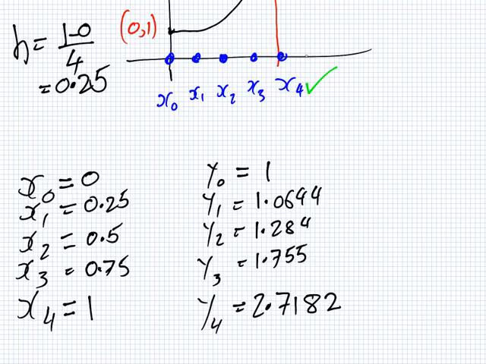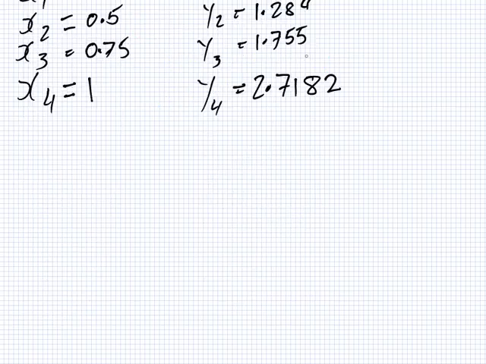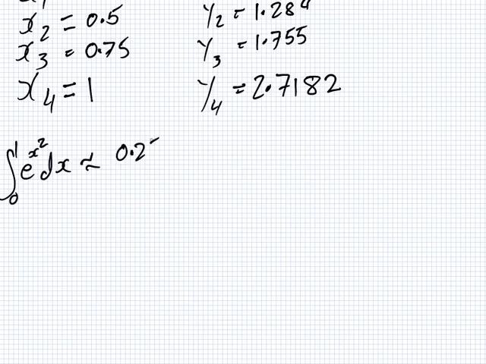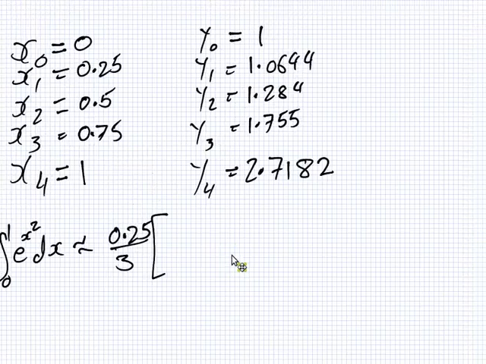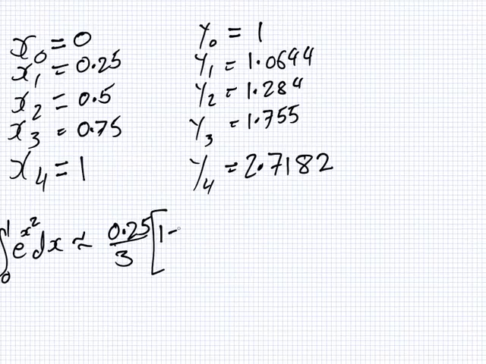Okay, so let's use Simpson's Rule. So Simpson's Rule says the integration of e^(x squared) dx should equal h over 3, 0.25 over 3, the first height plus the last height, plus what's next? Twice,